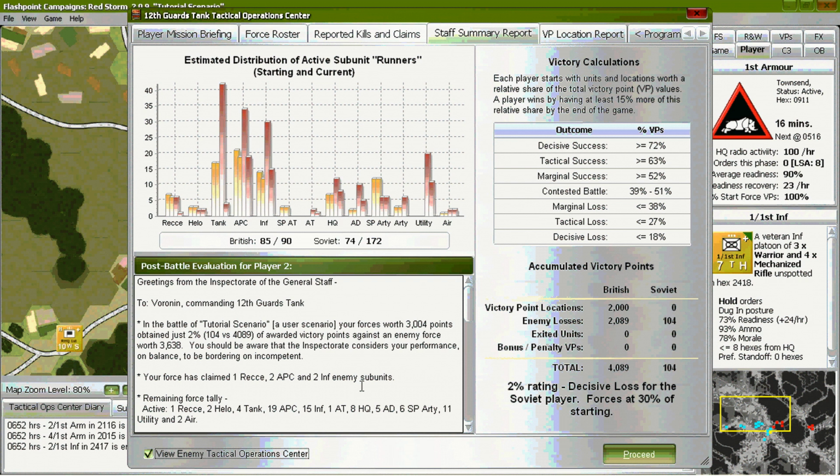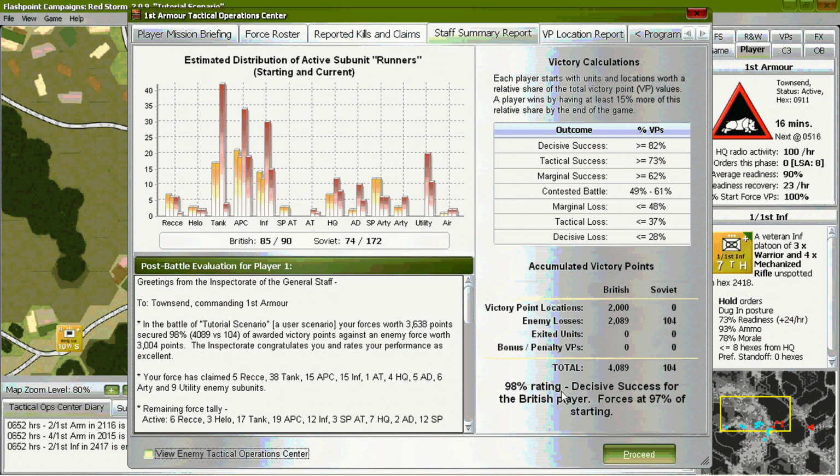The winner will be the side that outperformed the expectations of the command staff. Controlling objectives, killing enemy units, and preserving your forces will go a long way to winning battles.